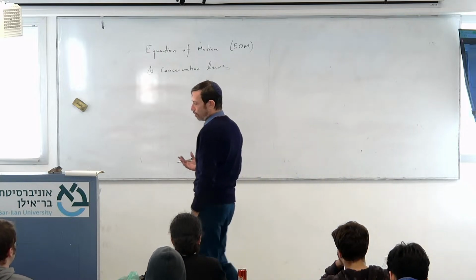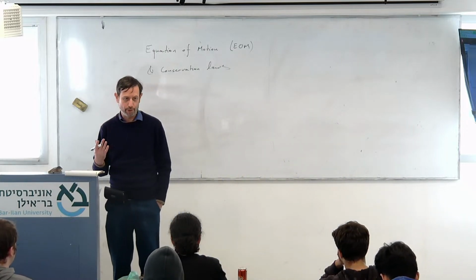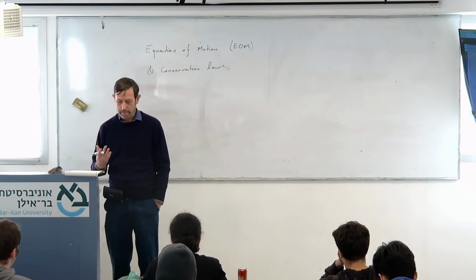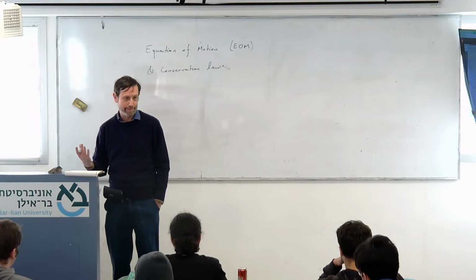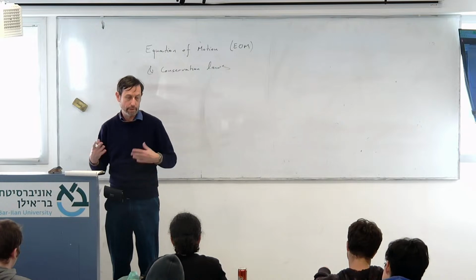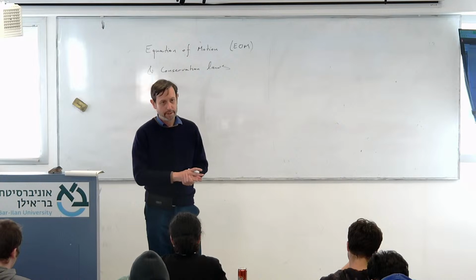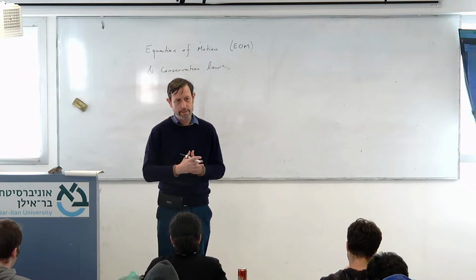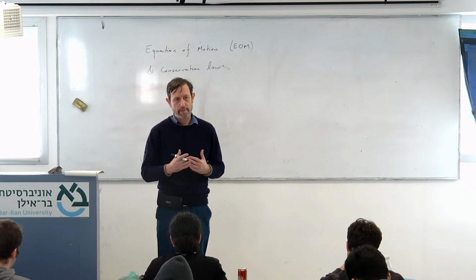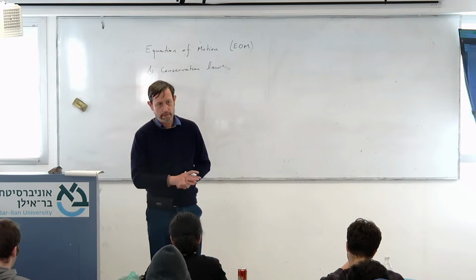Now, instead of looking at how the whole distribution develops with time, we'll look at averages. When we say equations of motion in quantum mechanics, we usually mean how the average of some physical quantity develops